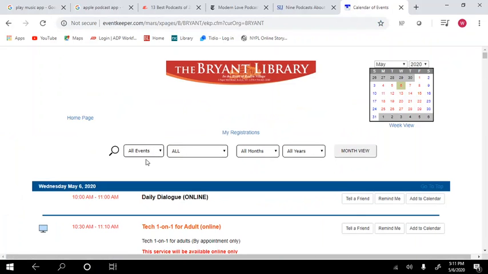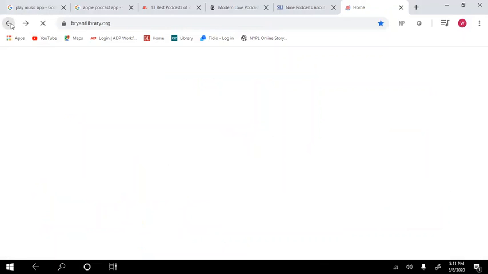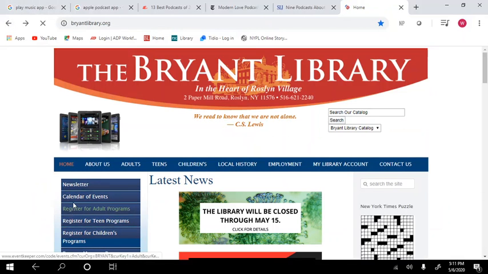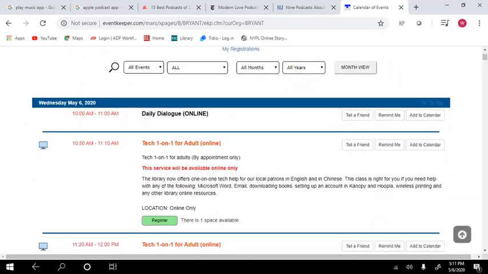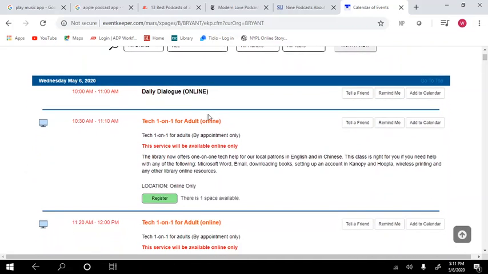you can go to register for adult programs. Okay. But on calendar events, every Wednesday, there will be a session for tech one-on-one for adults. And all you have to do is just register. And it's just a one-on-one service that the library provides for any technical